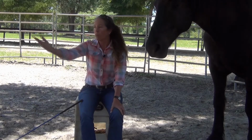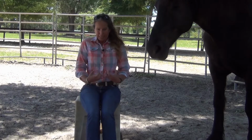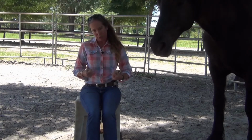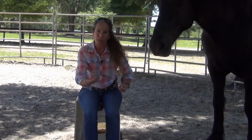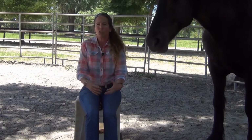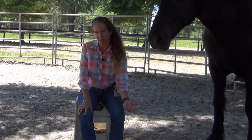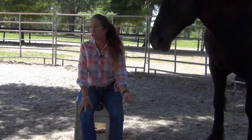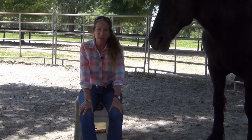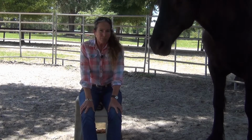99% of them are horrible in the round pen, horrible on the lunge, tight and bracing and defensive under saddle, even though they look like they're in this beautiful frame, but there is no true collection. But predominantly, the groundwork has just been destroyed through this concept, principle, and tactic of pressure and release. You're destroying these horses. You're destroying the ability to develop the left brain to make them really excellent thinkers, somewhat